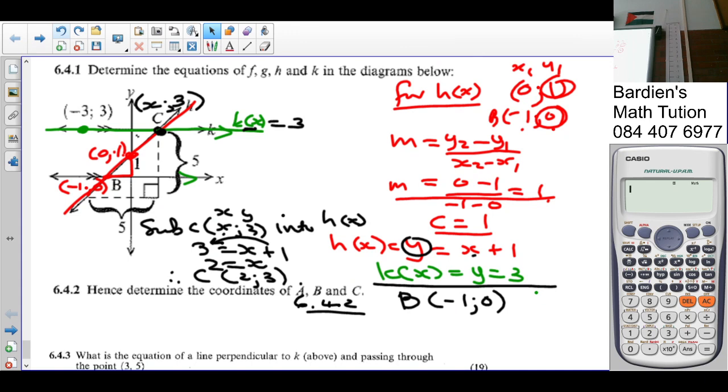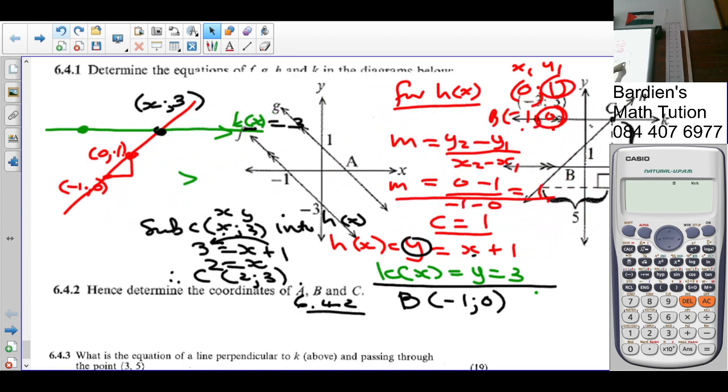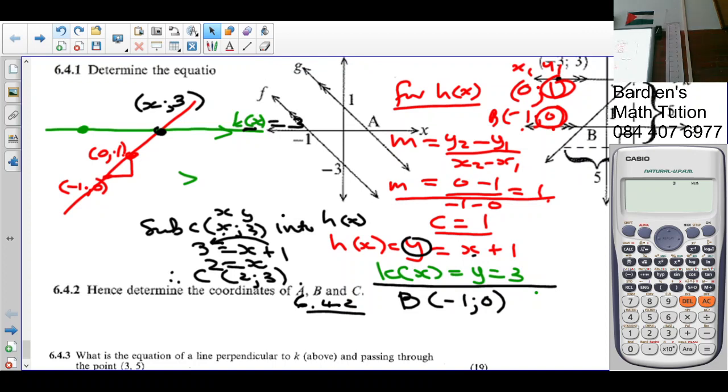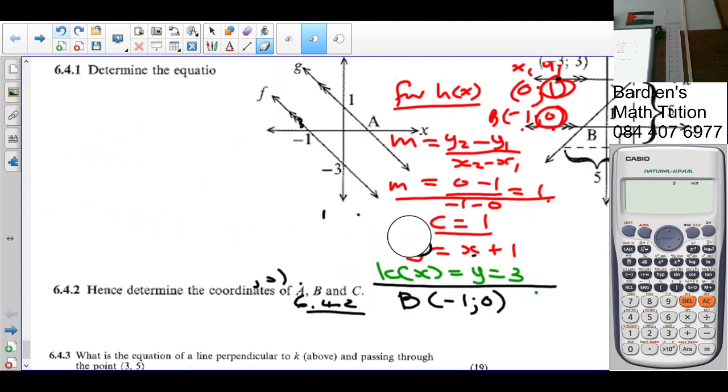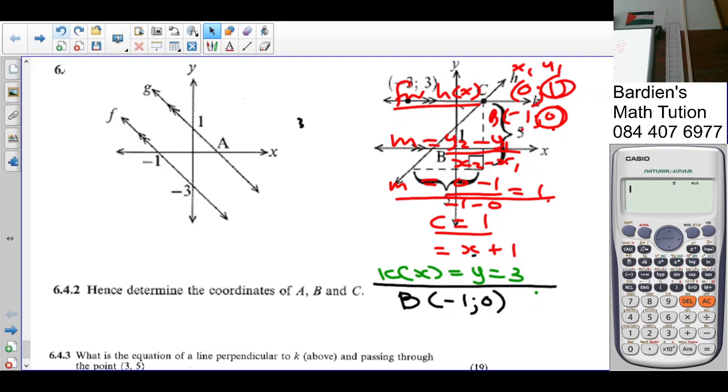I'm going to come back to A now. Okay, let's go straight. So what do you notice about A here? What do you notice about A? A is what? Okay, A is the x intercept of g of x. So how do you work out the x intercept? We let